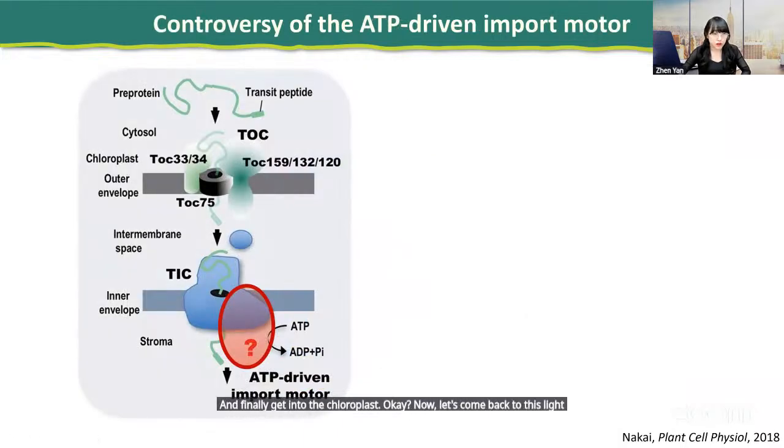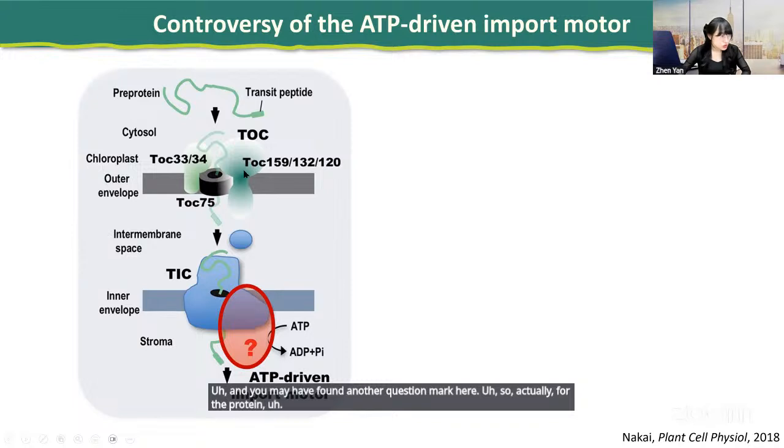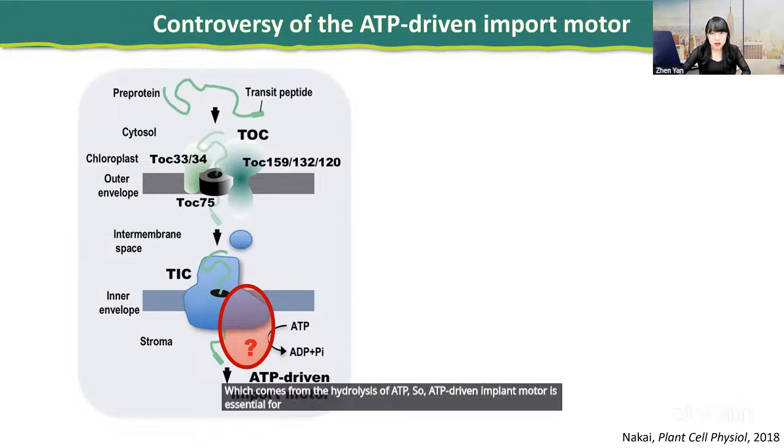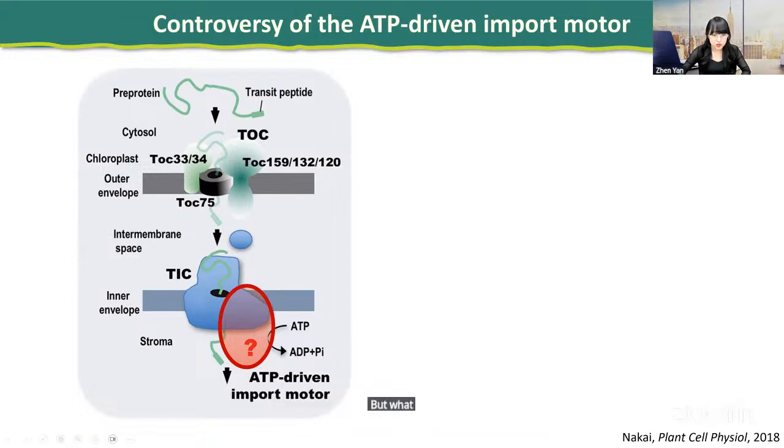Now we have characterized the translocon, and you may have found another question mark here. So actually, protein translocation in chloroplast is a process that requires energy, which comes from the hydrolysis of ATP. So an ATP-driven import motor is essential for this process. But what proteins constitute this motor? It sparks even more